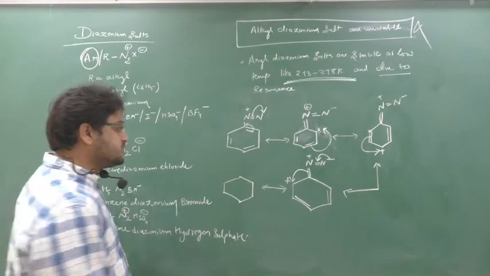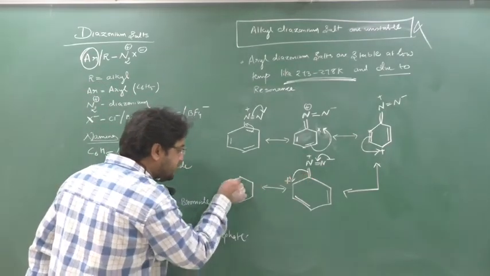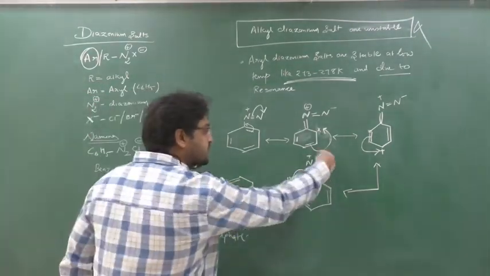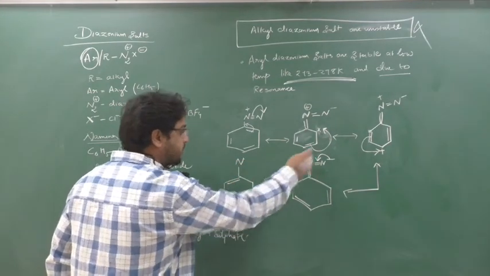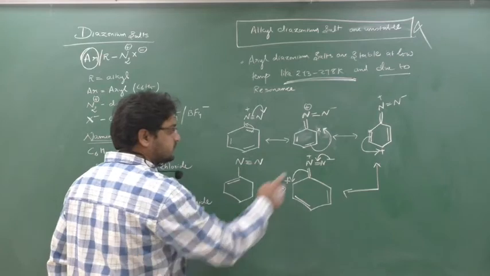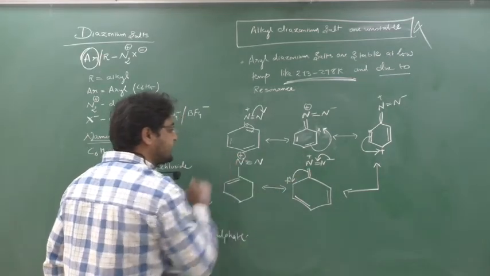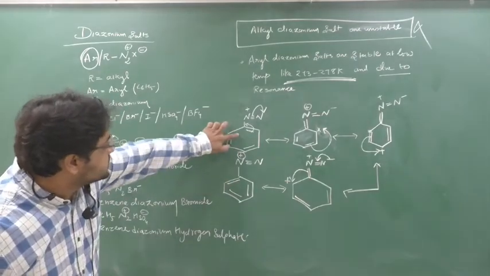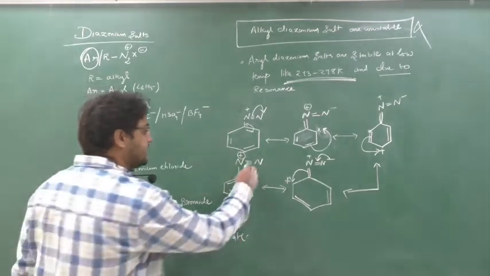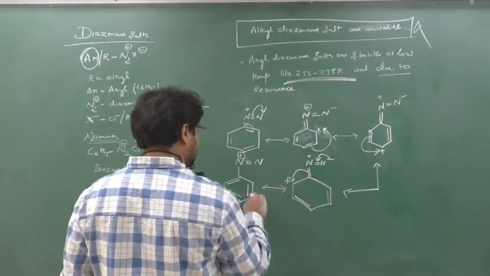So this plus charge is going because this pi bond is helping here. So this bond will shift back here. The double bond converted into single bond, and the double bond converted into triple bond here. So this minus sign will go, but the plus sign remains as it is. So here a bond is there, here a bond is there. See this? Both structures are the same here. Or I can say here this. So this is also possible.